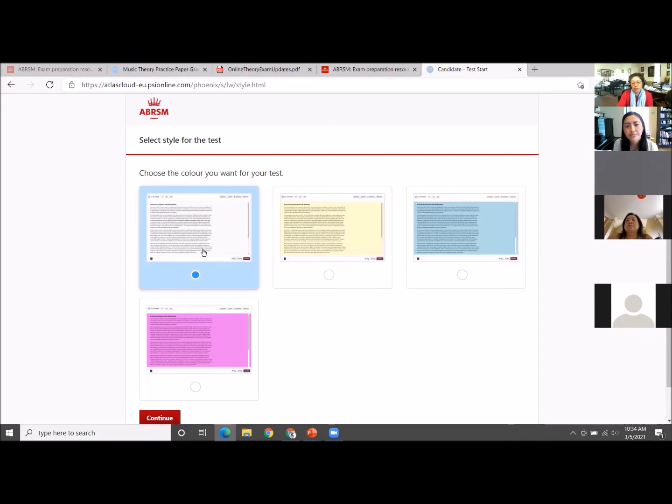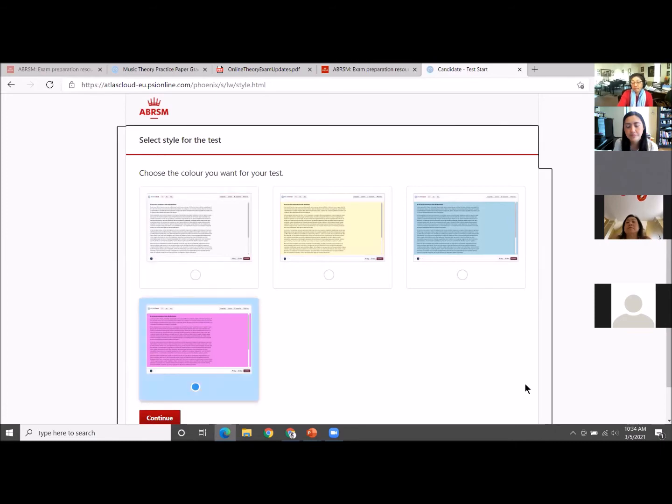Most of us will probably pick this, but some people really like a higher contrast, so you do have a choice to click on this or that. But I don't think you can go back to change, can you? I didn't try that. So, okay. Let's say we click on this, okay?